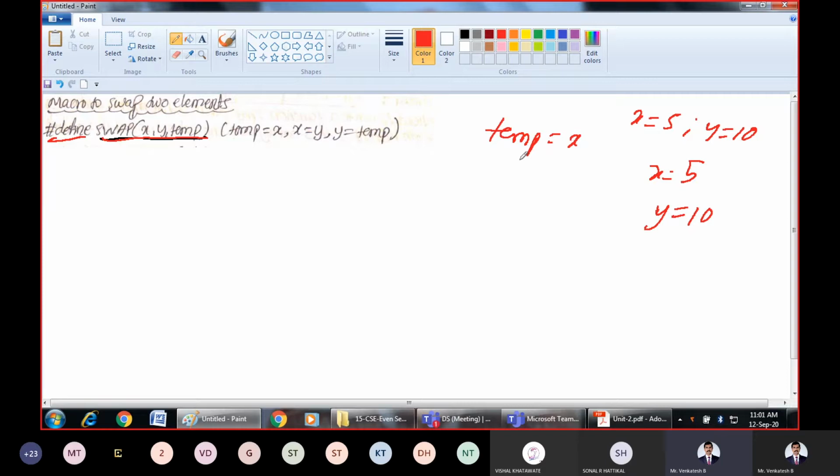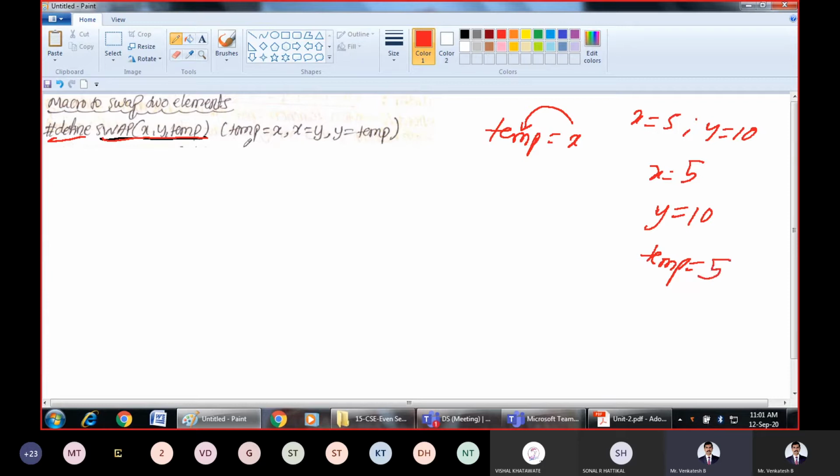First step, we assign the value of x to temp. What is present in x? We have 5. That 5 will be copied to temp.